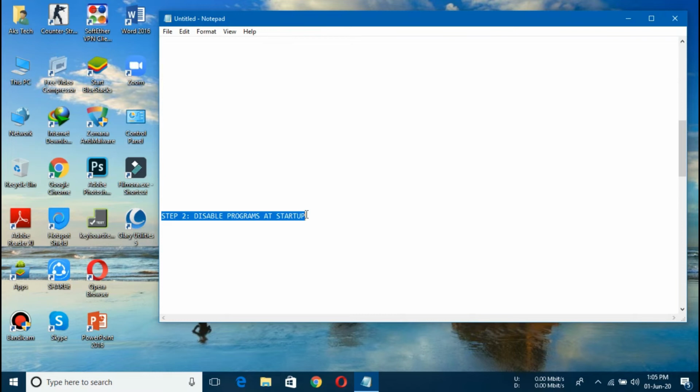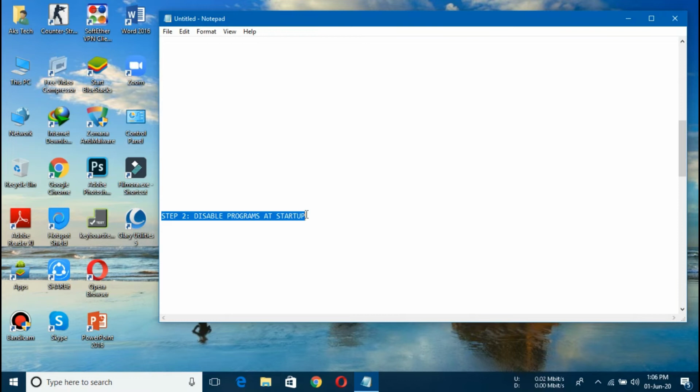But there are some additional programs which you need only when you have to open specific programs, like a PDF reader. Whenever you open a PDF file, only then do you need a PDF reader. Other than that, you do not need a PDF reader to run, but Windows or that program forcefully runs at startup, so that the program works in the background, and whenever you need a PDF file to be opened, that program works perfectly.